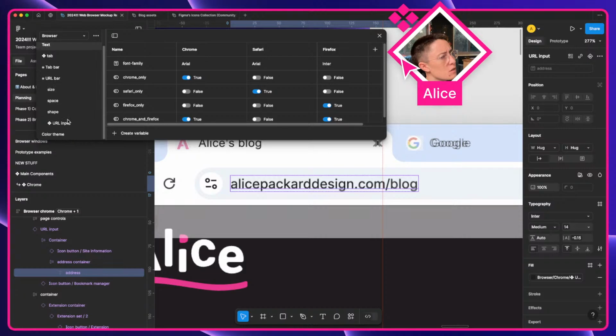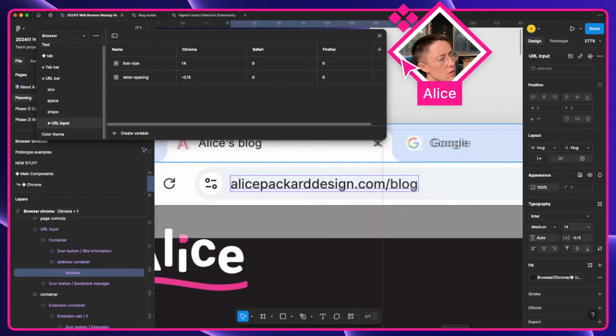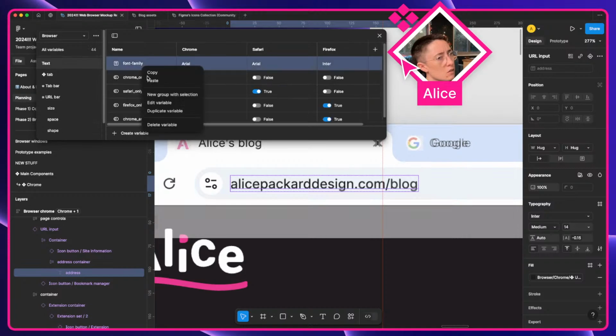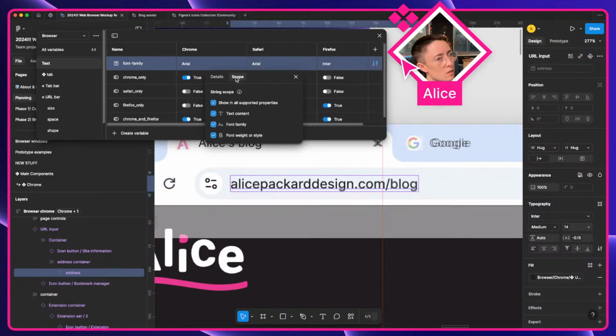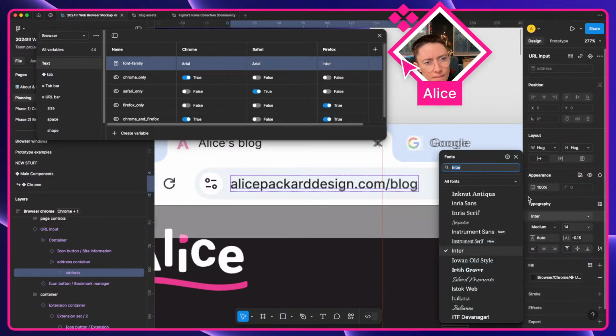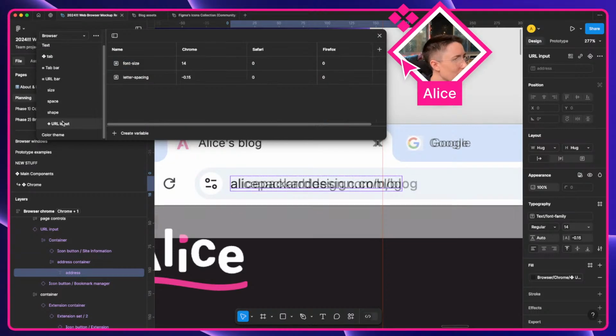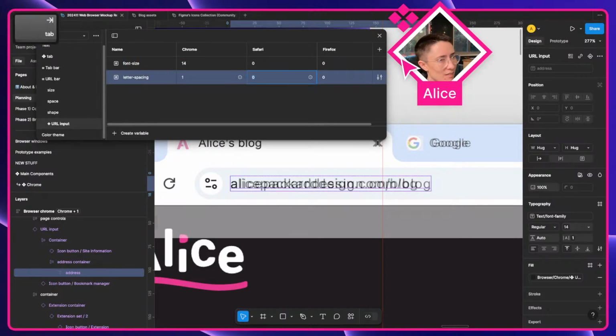I'm gonna leave color theme alone. But yeah, we actually don't need that. And let's, is this scoped? Font family. That changes everything. Okay, that changes all of it. So font size still looks right, but let's,